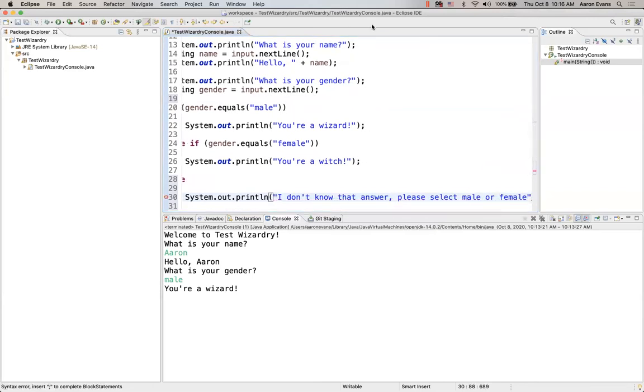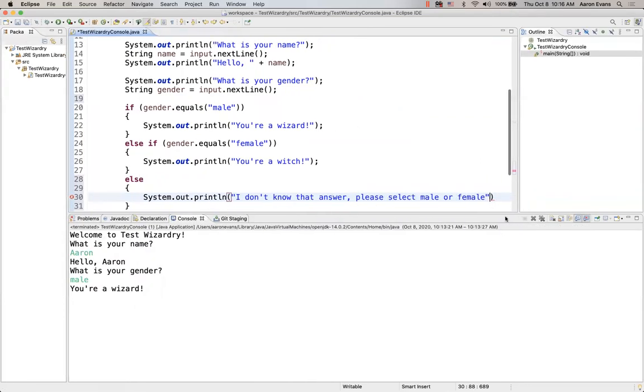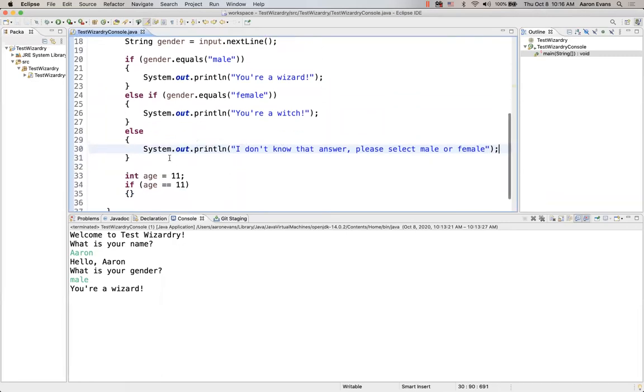For the case of simplicity, we'll do that. So what it's going to do is it says please select male or female. Now we don't really have a way to do this. We could go to gender, and